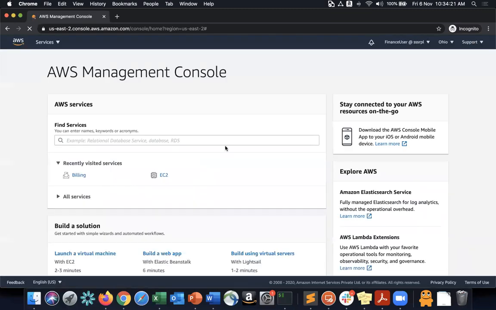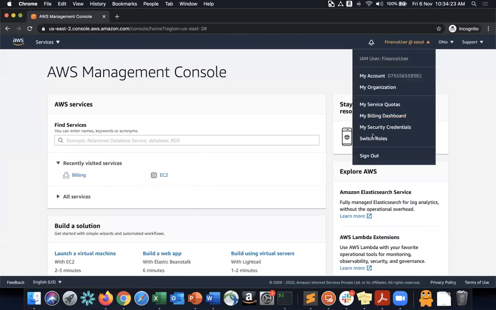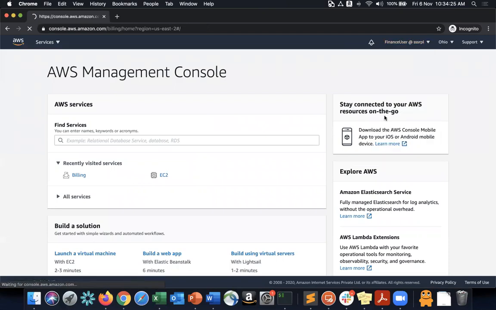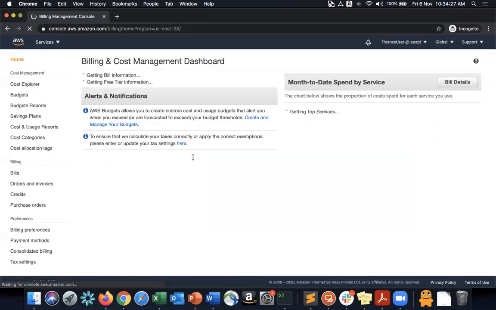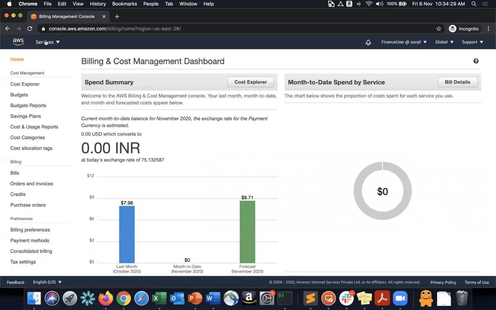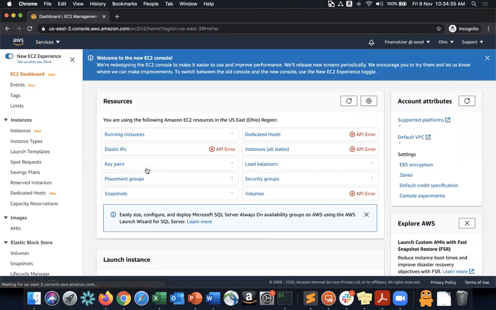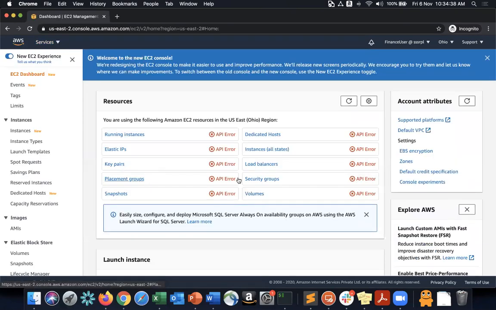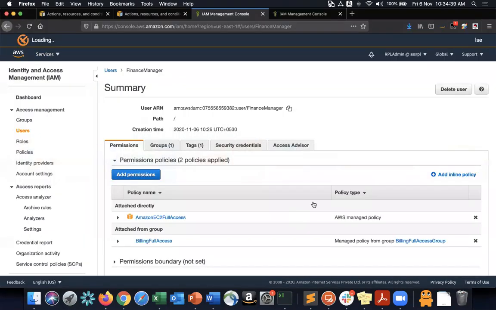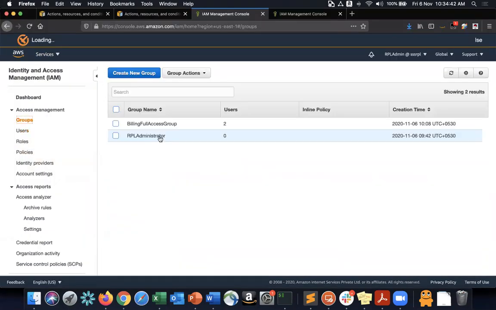Okay, this is my finance user. Finance user has got billing dashboard access. Yeah, absolutely. Let me go to EC2. He will not have EC2 access because even though both finance manager and finance user are part of the same group,